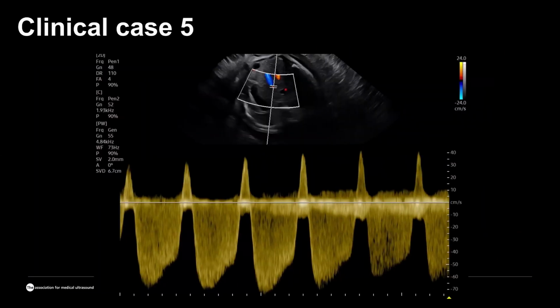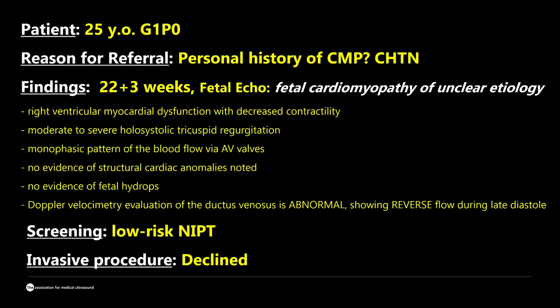We also saw a significant abnormality of the ductus venosus blood flow, the reversal flow during atrial contraction, and all this was put together as these findings. And as you can see here, this is the first pregnancy for this patient. She had some sort of cardiomyopathy that manifests at a pretty early age with chronic hypertension. And indeed, that assessment, and in particular the assessment of the blood flow across the valves, helped us to suspect fetal cardiomyopathy. After birth, that was confirmed not just in the baby, but in the mother as well. So they're carrying the same gene.